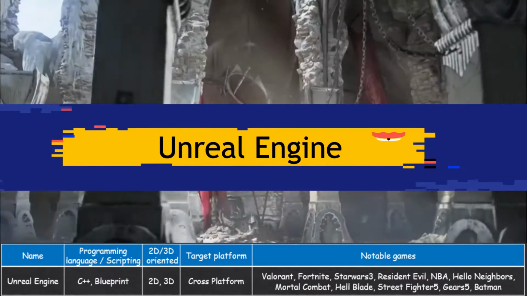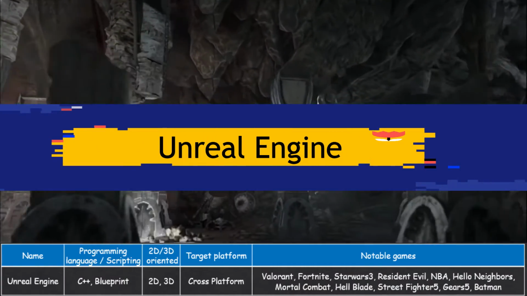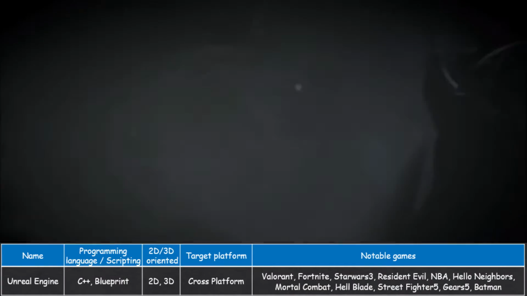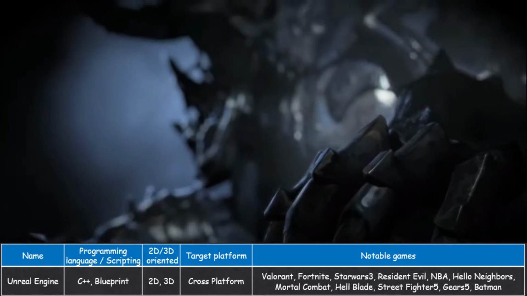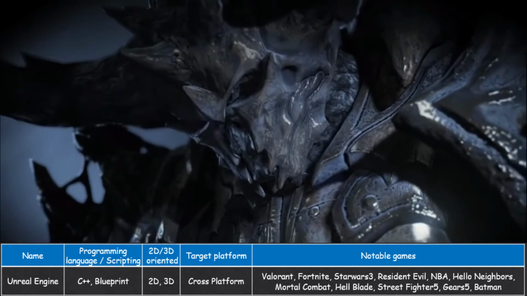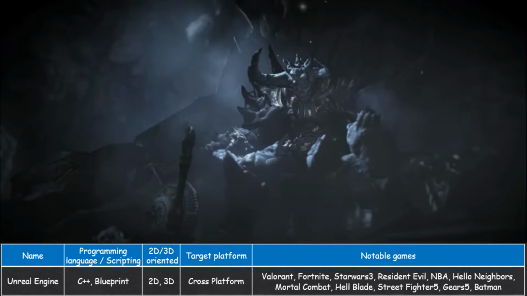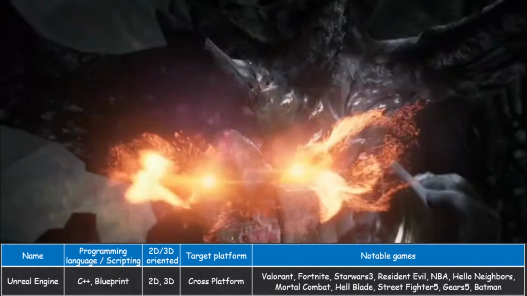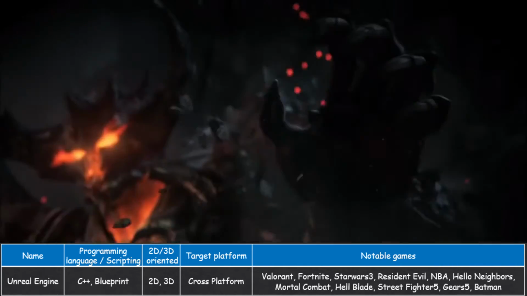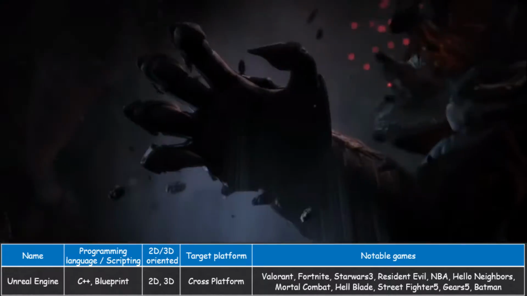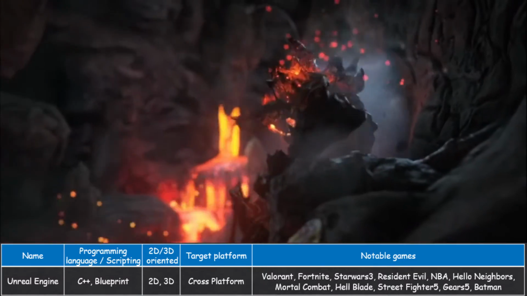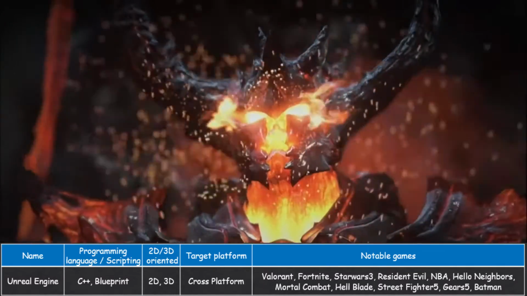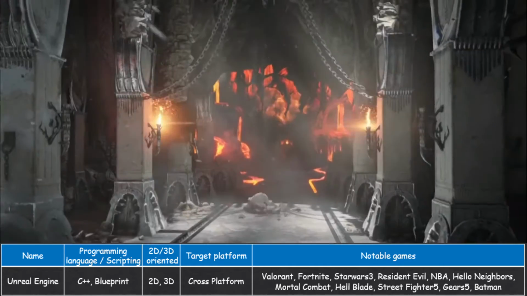Number 1 in the series is Unreal Engine 4. One of the most popular game engines is the Unreal Engine, made by Epic Games. The original version was released in 1998, and after 21 years it continues to be used for a large number of games every year. In March of 2015, Epic Games announced that Unreal Engine 4 would be free to download and use for everyone. This renowned game development toolset has been used for hits on just about any platform.